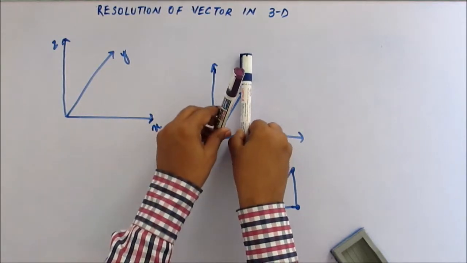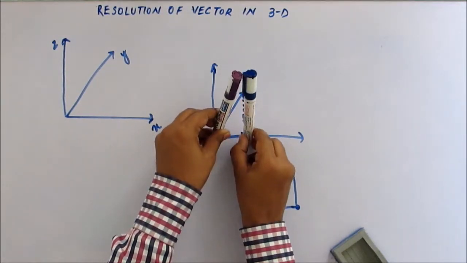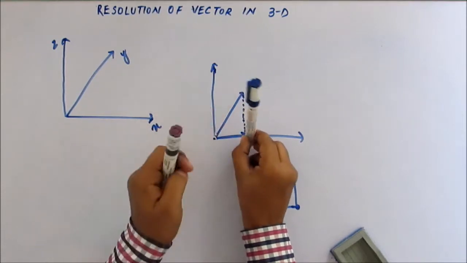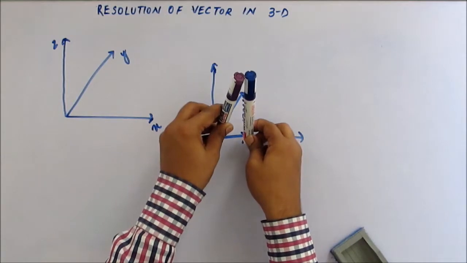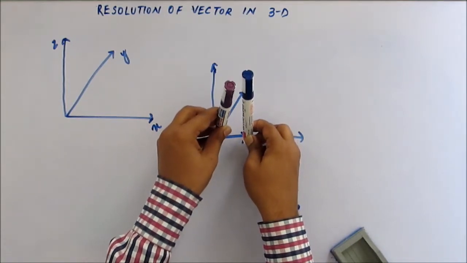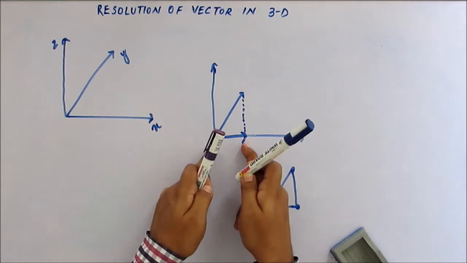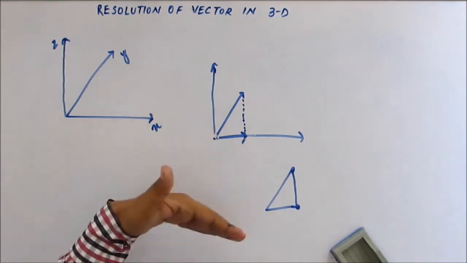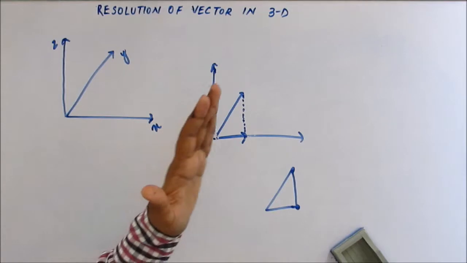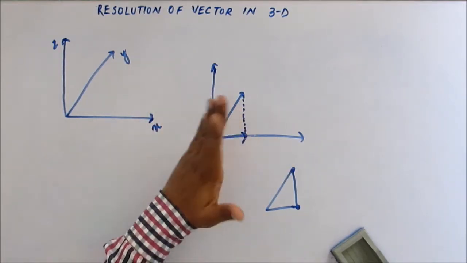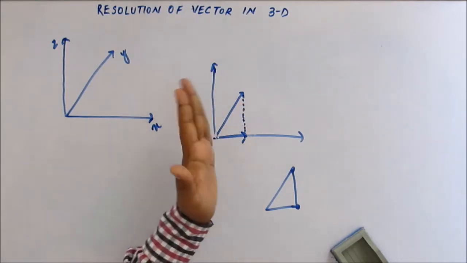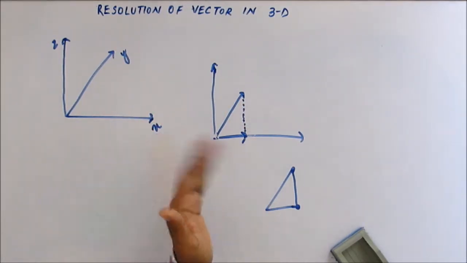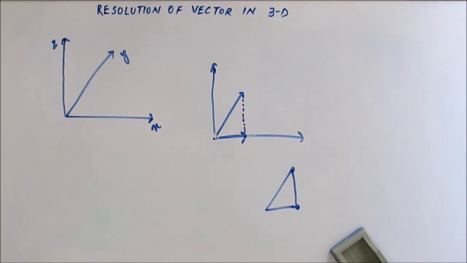Now there's a vector already here. When you lift this line upwards, they coincide. So the right angle triangle that you're going to form in this method is going to have the same base. So either you take the component directly, or you break the vector into a component in the xy plane and along the z-axis, and again break the component in the xy plane into x and y, and you're going to get the same thing. So you should be able to see this through geometrically, because when you study 3D geometry